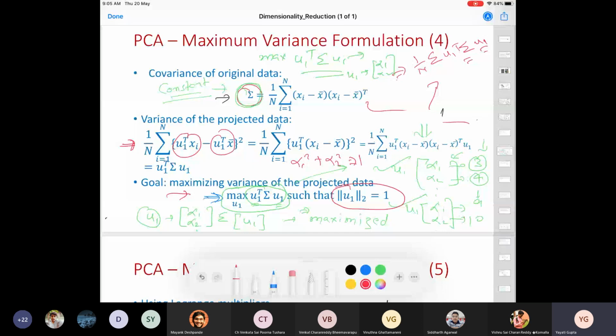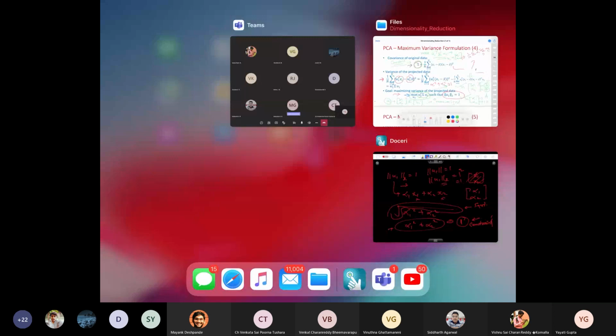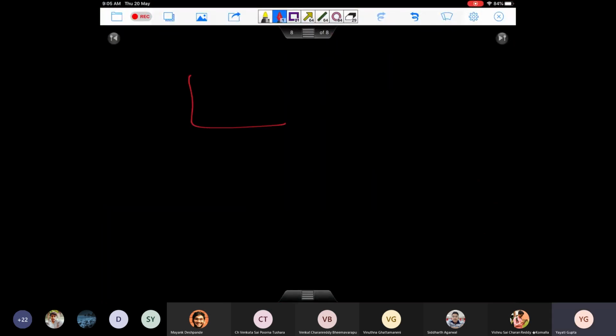And also, if you look at it from an interpretation perspective, if you have a set of data points which are zero-centered, basically centered around the origin, and you try to figure out an axis u1 along which you want to project this data, essentially we are not worried about the amplitude of u1.